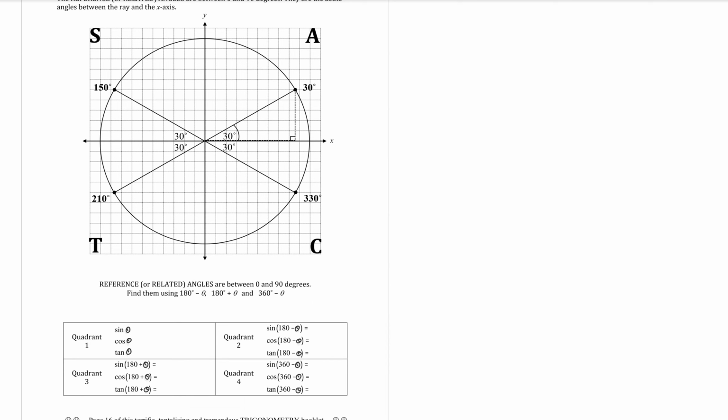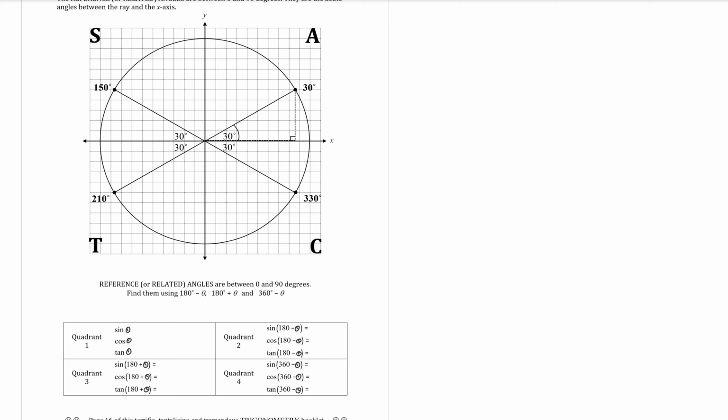So starting here, it says quadrant 1. If I have an angle in the first quadrant, an acute angle, we call them reference angles, okay? Sine, cos, or tan of anything in that quadrant is always positive, okay? So it's just sine theta, cos theta, tan theta, they all stay exactly the same in that first quadrant